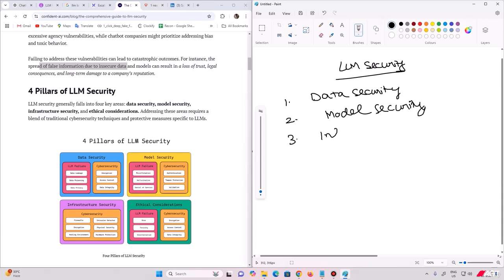Third thing is infrastructure security. And the fourth thing is ethical consideration. Now, we would dive into these particular four pillars, and each video would be about